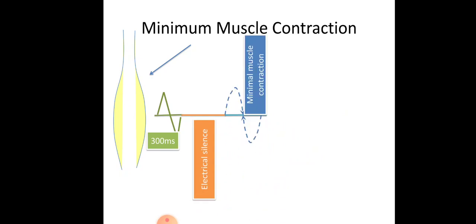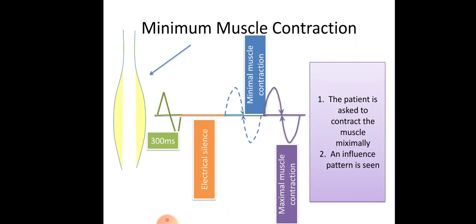Here definitely, as the name goes, you have to ask the patient to contract maximally. First phase is insertional, second one is electrical silence, third one is minimal muscle contraction. The purple part is your maximum muscle contraction. Here you have to ask the patient to contract the muscle maximally with a greater effort. We already learned in the first video that greater the effort induced by the brain or by the muscle, number of motor unit firing is also increased at higher frequency until the individual potentials are summated and no longer can be recognized. Everything gets summated and hence the graph is projected.